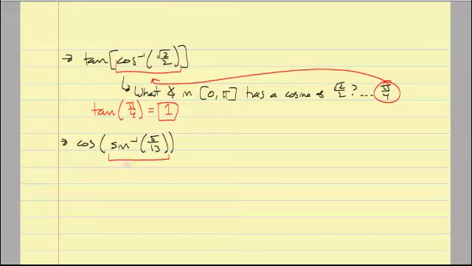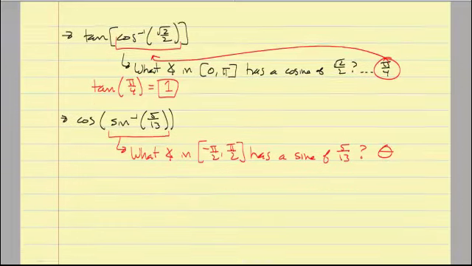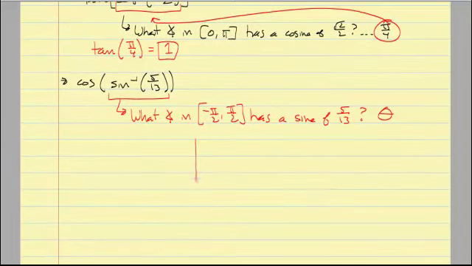So from here, this is asking the question, what angle in the interval negative to positive pi over 2, points inclusive, has a sine of 5/13? And instead of saying I have no idea, let's go ahead and say theta. So what we have here then is a right triangle. Always mark your right angle. We have some angle theta, and it doesn't matter which angle you mark as theta as long as